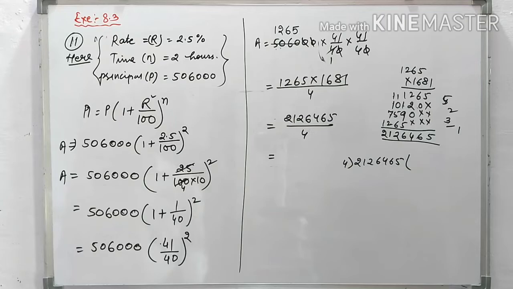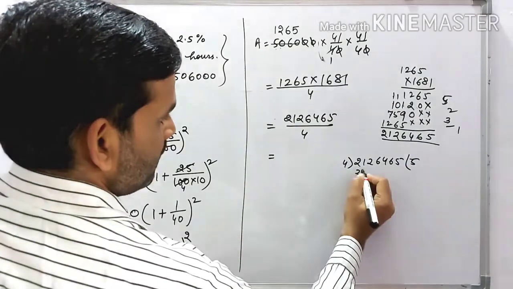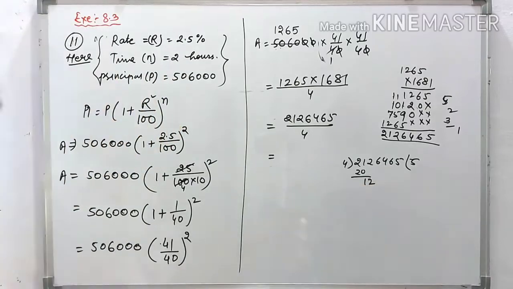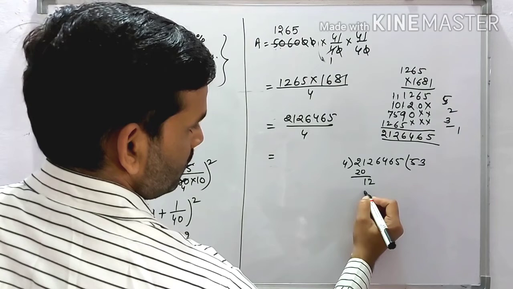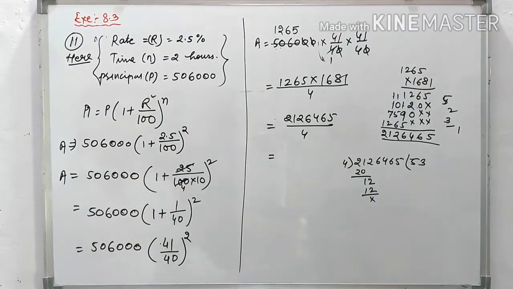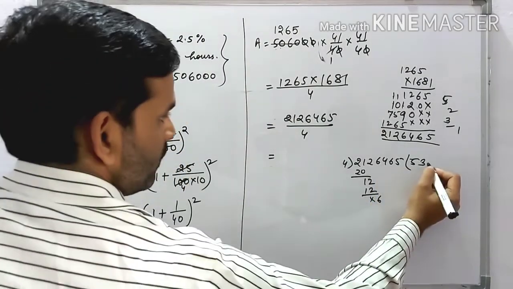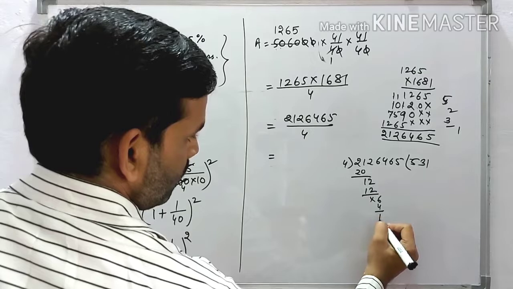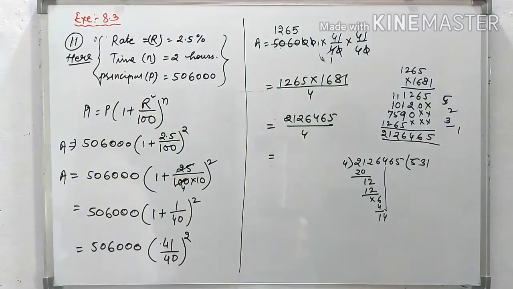Okay, so you write the 4 5s are 20, 21 is 2. Then 4 3s are 12. 4 3s are 12 and 6, then 4 1s are 4, and this number is 8, 4 3s are 12.